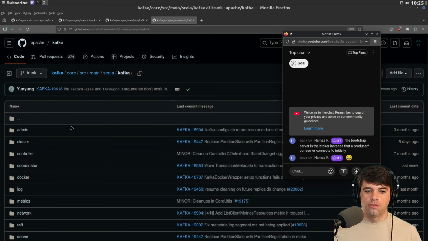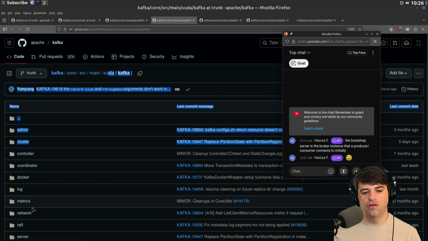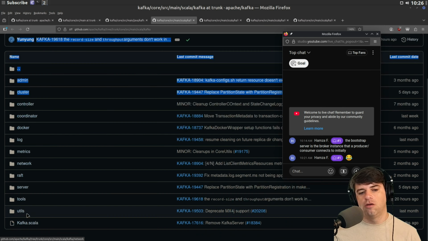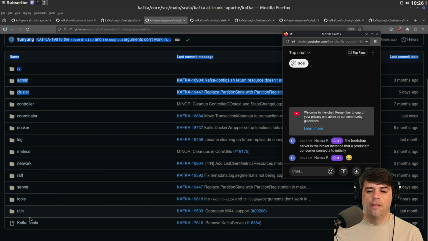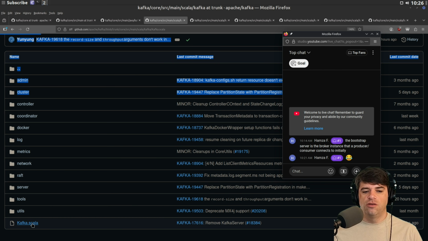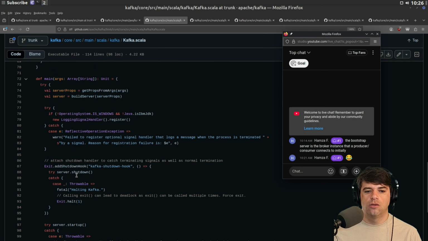And then in Scala, we have admin, cluster, controller, coordinator, log, metrics, network, Raft. This is maybe being a consumer of Raft, or maybe just bindings for working with the Raft library, because we saw the Raft library is in its own folder. And server, and then Kafka.Scala, which is some sort of entry point, which I'm guessing is not going to be so fascinating.